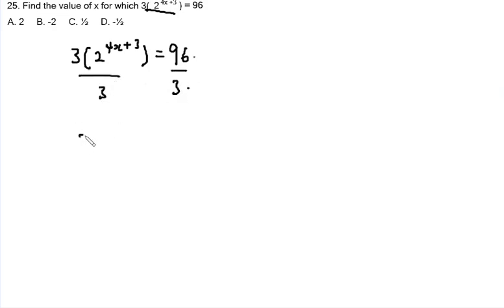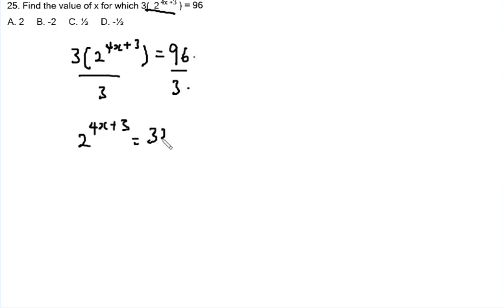Let's go to the next question. For question 25, we are asked to find the value of x for which 3 open brackets 2 to the power of 4x plus 3 close brackets is equal to 96. So let's bring out the equation. We have 3 open bracket 2 power of 4x plus 3 close bracket is equal to 96. So the first step we need to take is divide both sides by 3. This divided by 3, this divided by 3. This is 2 to the power of 4x plus 3, and this is equal to 96 divided by 3,